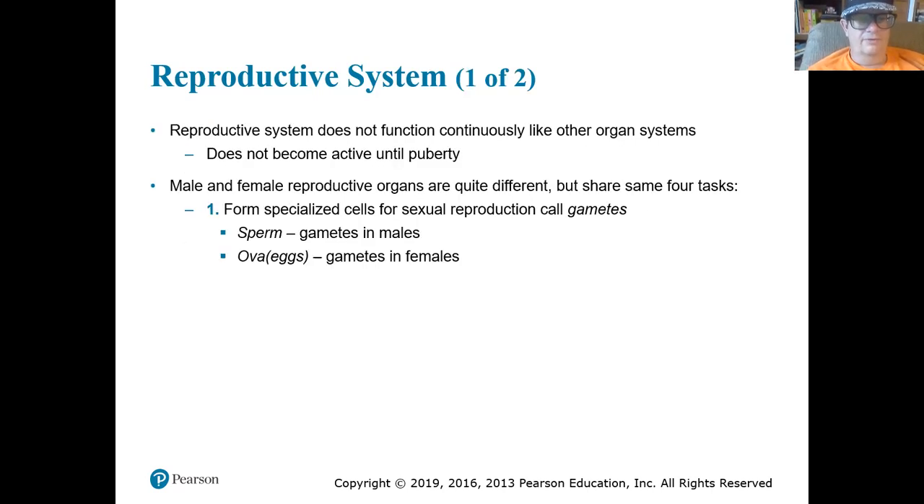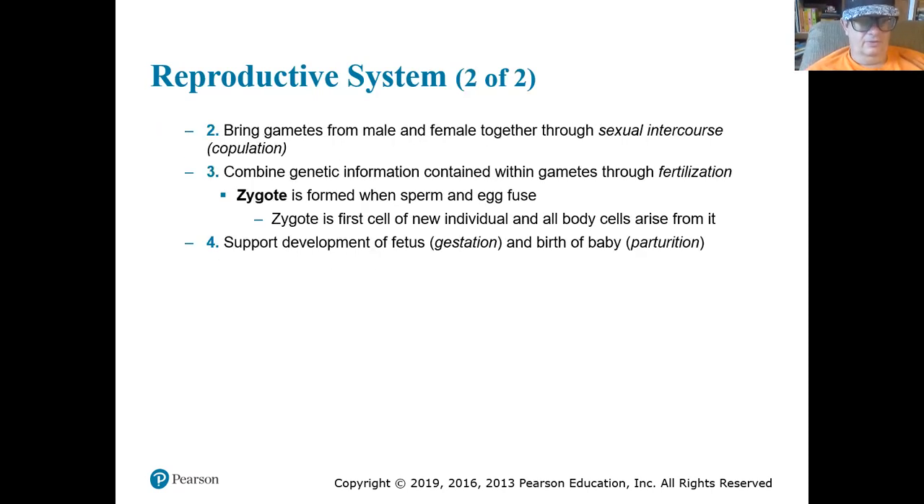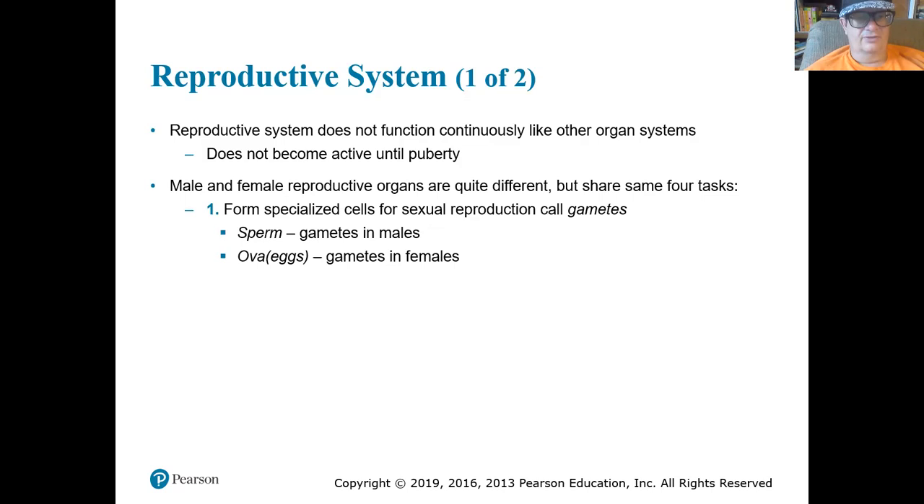Okay, so 1, form gametes. Well, okay. Reproductive cells, haploid reproductive cells. Bring gametes together through sexual intercourse. Combine genetic information contained within gametes through fertilization. And support the development of the fetus, gestation, and the birth of the baby, parturition. Okay, so